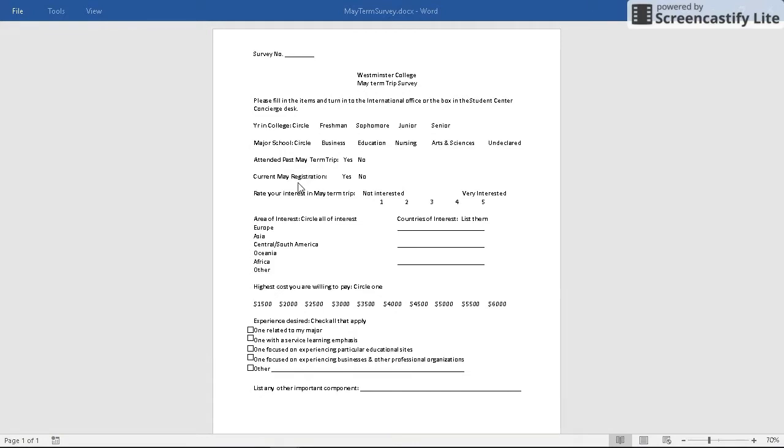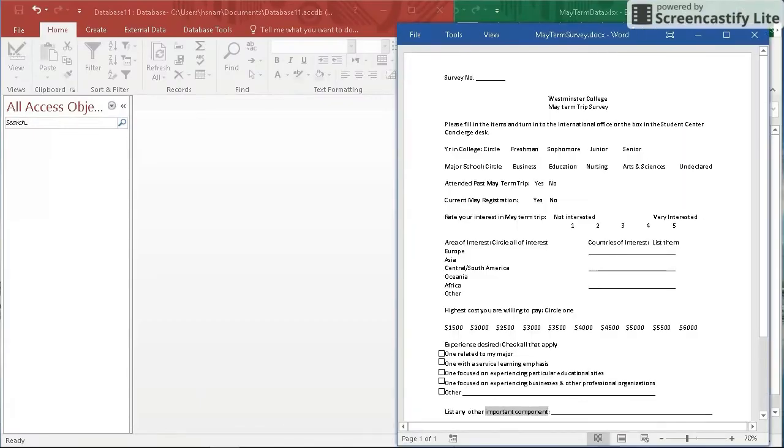whether they're enrolled in a May term that's coming up, their interest in going on a May term trip, areas of interest, countries of interest, the highest cost they're willing to pay, experiences that are desired by the student on these trips, and then any other component. So I'm going to set this aside for a second and open up